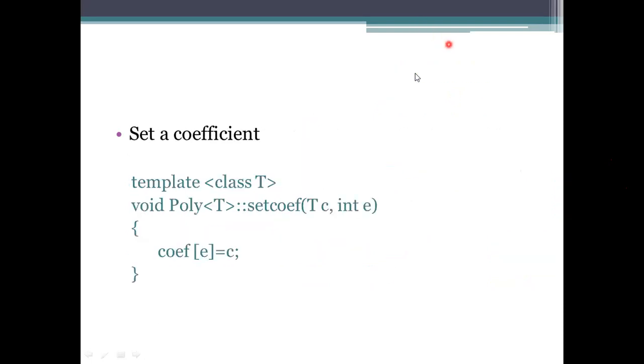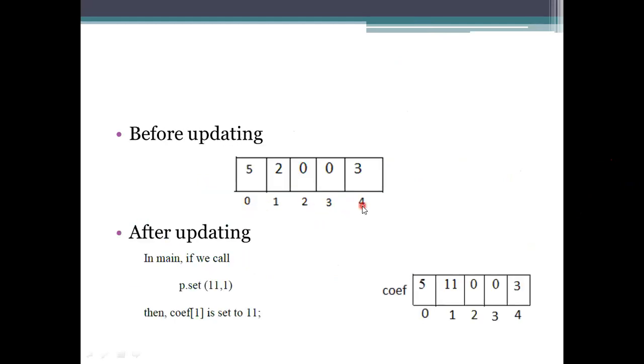And coming to the next one, set the coefficient. It means if you want to change the value, we need to mention the coefficient. The coefficient can be of any type, signed or unsigned, and we need to mention the exponent where we want to add it. So here the coefficient of E means the coefficient of the exponent where it is lying. The subscript has to be given here, and we need to give the new value. There is a changing value here. If you see, this is the previous one. So 5, 2, 0, 0, 3 are the values we are giving.